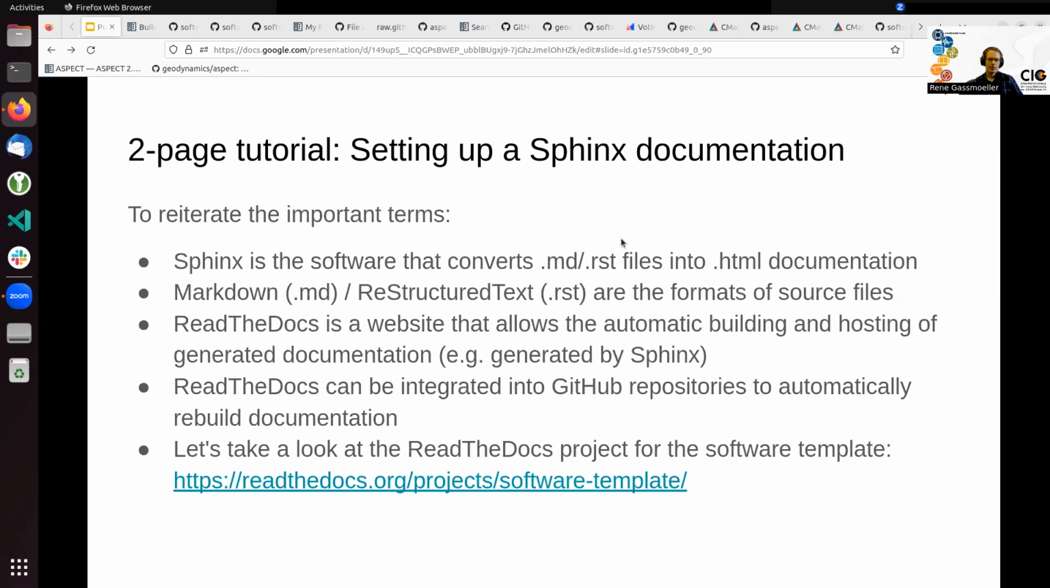And that's all the steps. If you follow the same steps, you will have an online documentation on Read the Docs. Any questions about this process? Okay, then